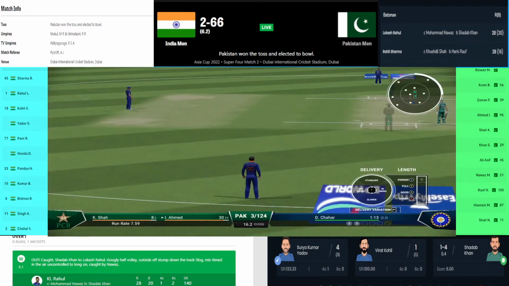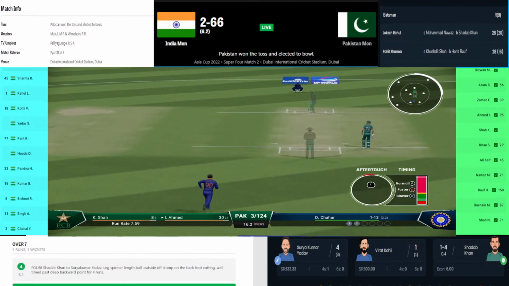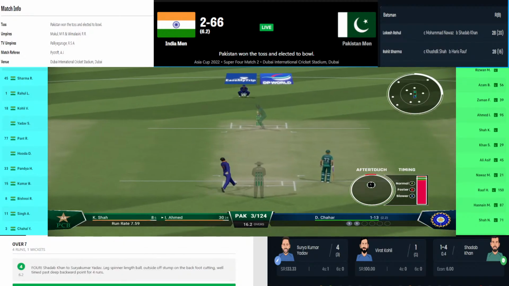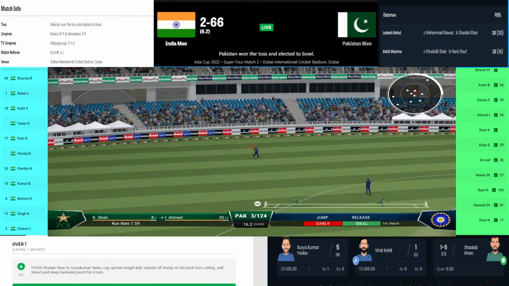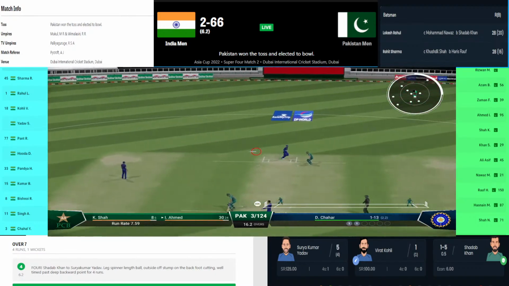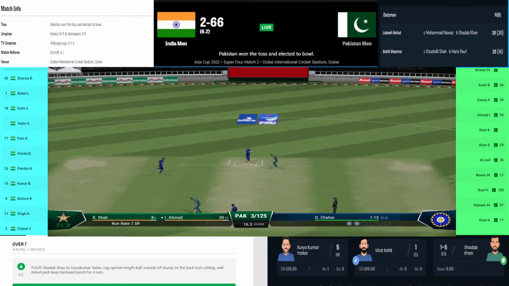So that was very near to the fielder. The fielder should have fielded it, but the shot was absolute Surya class. Third delivery coming up against Surya Kumar Yadav. Again, this kind of a shot. Surya Kumar again tries to cut it, but this time he missed it, gets beaten.